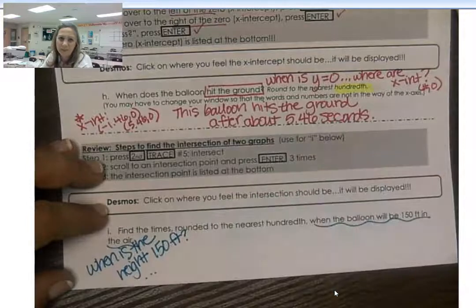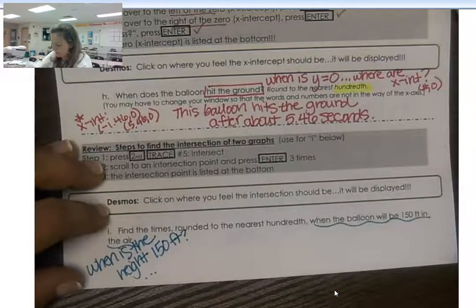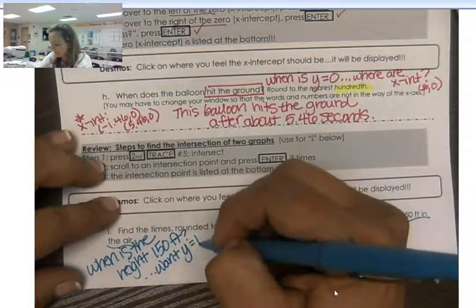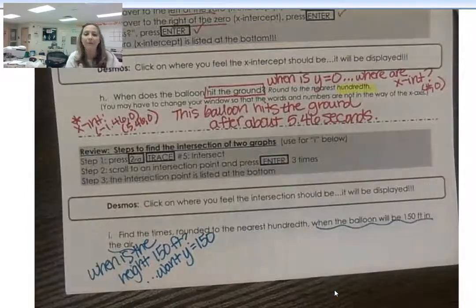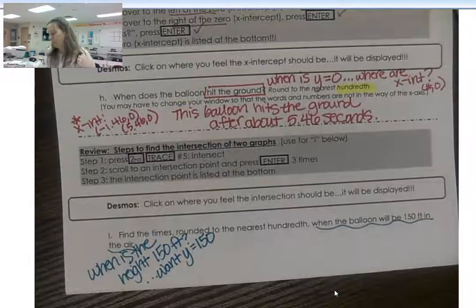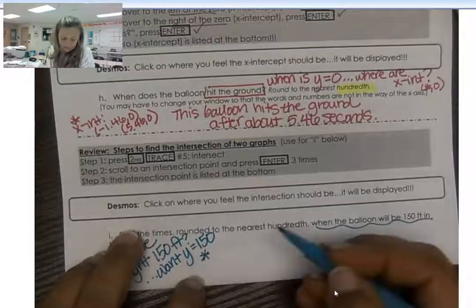Which was the height? Was the height the x or the y? The y. So we want y to be 150, and then for us to be able to find the x values that would make that true. So what we can do to do this is we're going to make a new equation,